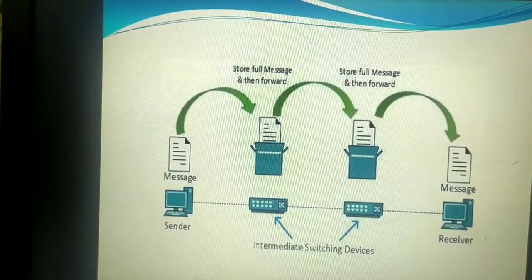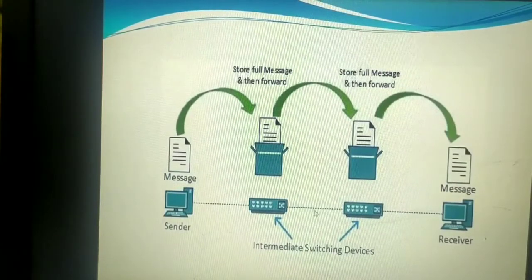Same way here also, all those switches will have certain memory so that the packets will come and be stored for some time until they are forwarded to the next switching office. Same way that 400 KB will come and be stored in the buffer of the switching office. Next, the switching office will look at the destination address. Depending upon the destination address, it will examine it and forward it to the next nearest switching office.